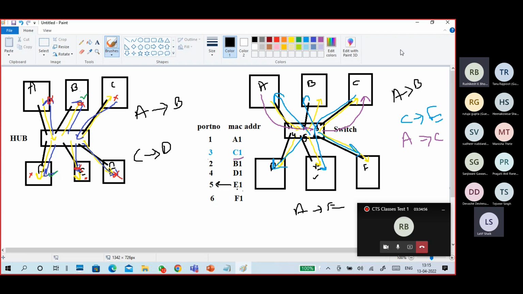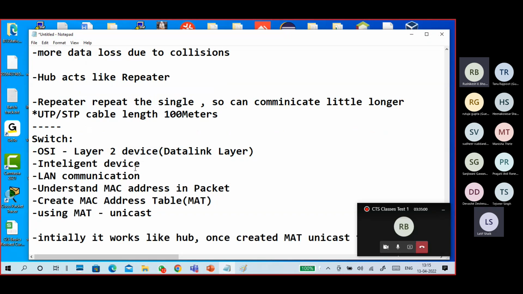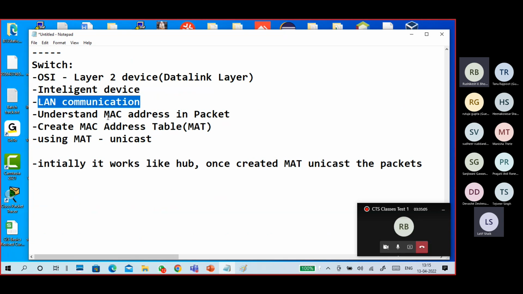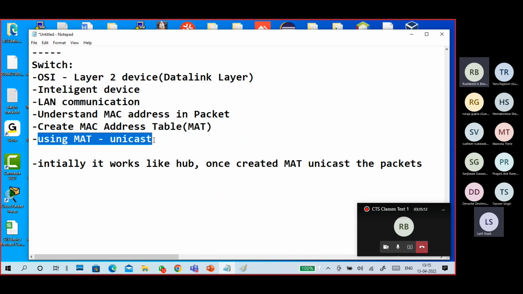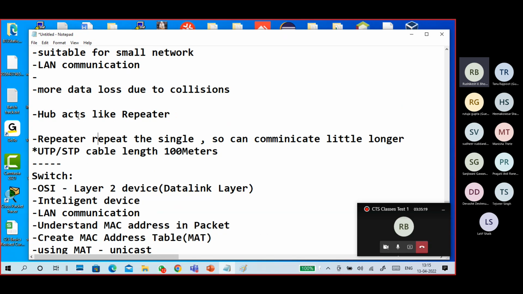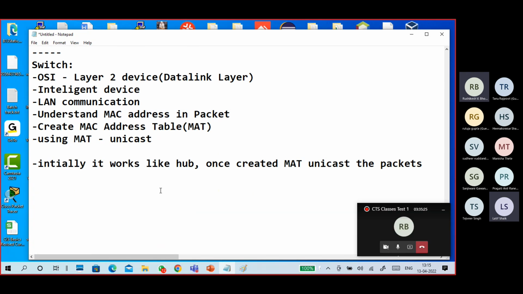So the switch is a device for LAN communication purpose. It is an intelligent, layer 2 device that understands MAC addresses in the packet. It creates a MAC address table and, using it, does unicast. Compared to a hub, data loss in the switch is very less.